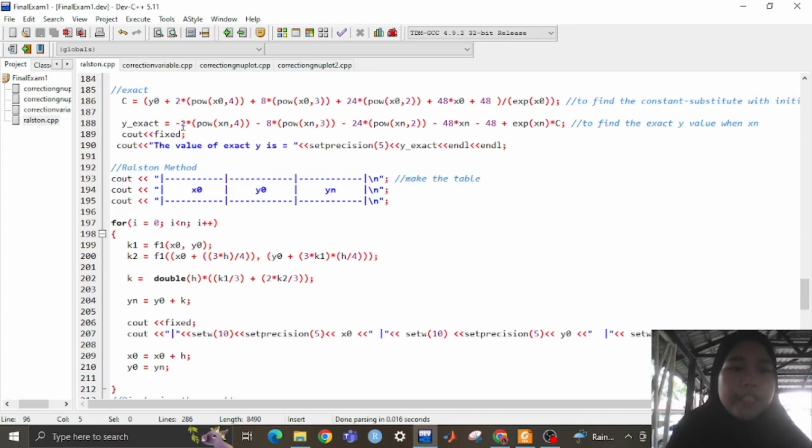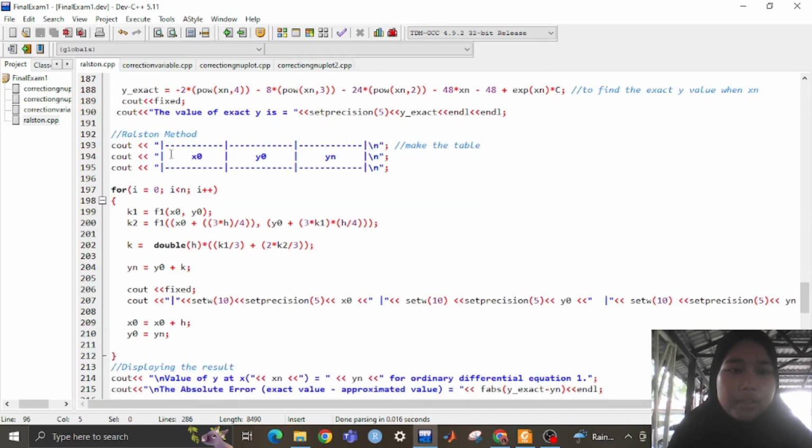We cout fixed. This is to set our decimal places. Cout fixed, cout the value of the exact y is equal to, and then we set our precision to 5, which is our decimal places, 5 places, and then y exact. Okay, this is where we start to calculate our Ralston method, and here we cout this to make the table,